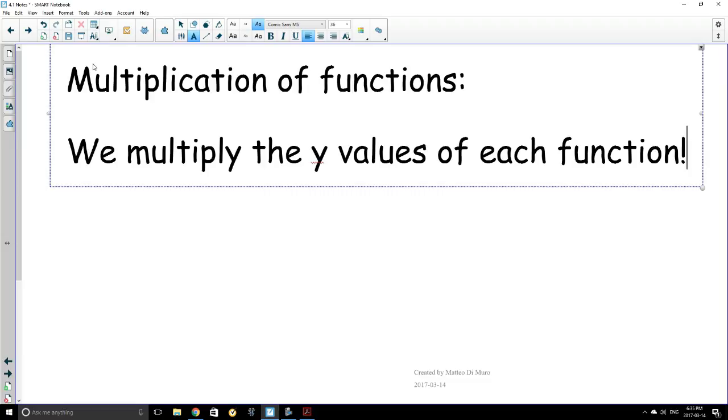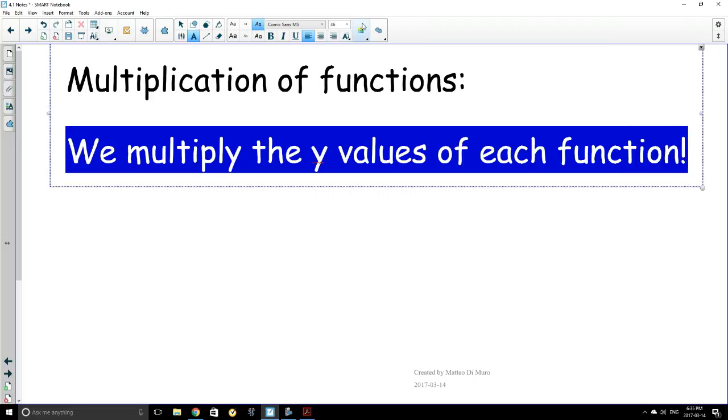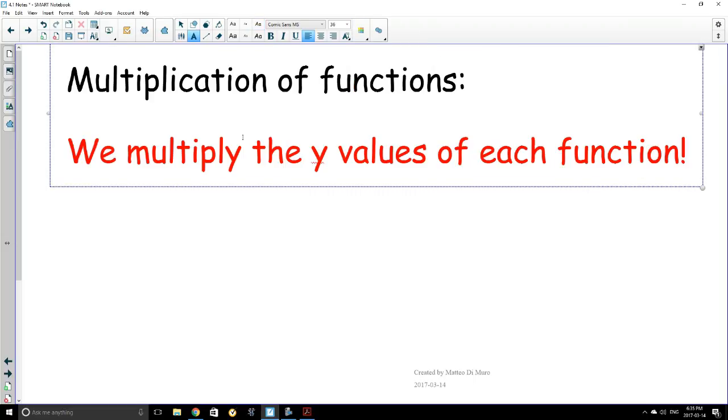It's not necessarily always like that, but in grade 12, we really don't go any further. It can get really complicated really fast. So the important thing to know is that if you're multiplying functions, again, it's the y values that are getting multiplied. If we start looking at domain and range,